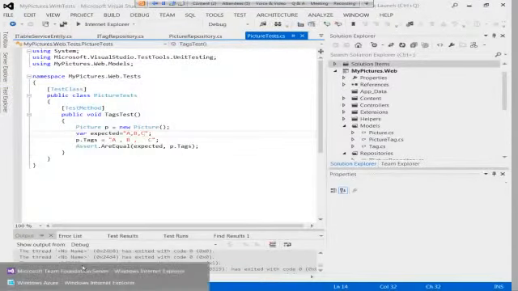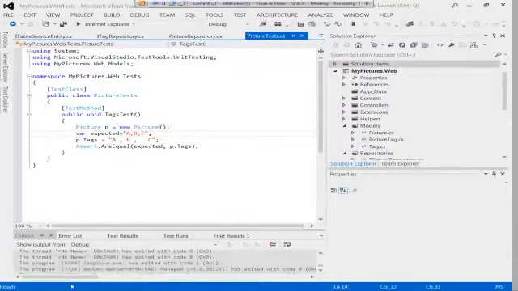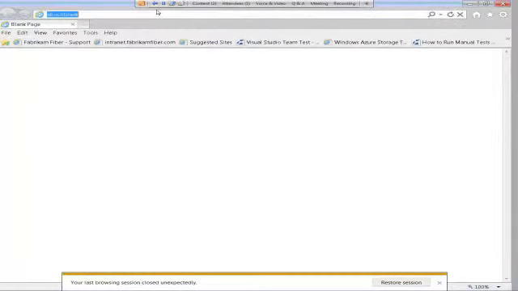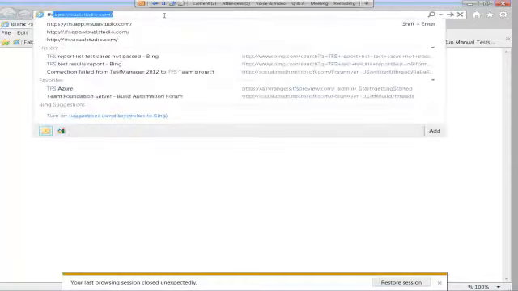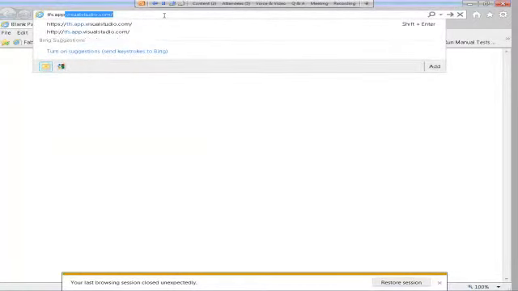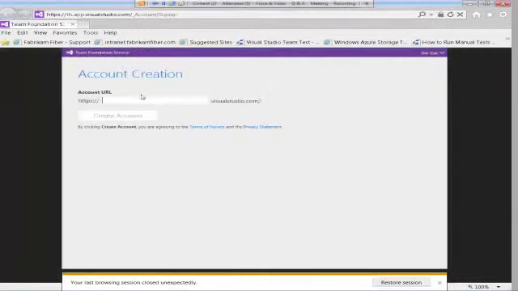Okay, so the first thing I want to do, just for the sake of going through the motions, is register for a Team Foundation Service account, and that's done at tfs.app.visualstudio.com. You go out here and you do have some control over what the URL name is. So if you wanted to put in your company name or something like that, I think I used Intertech Azure user group, for example. I'm not going to hit OK because I know that